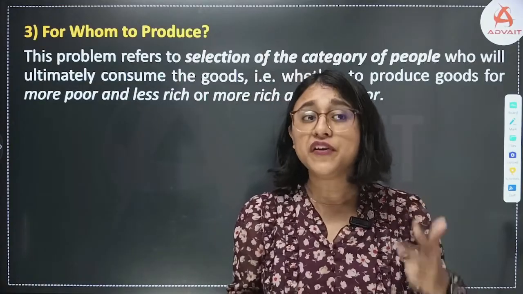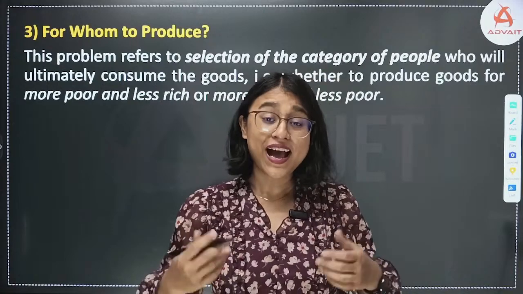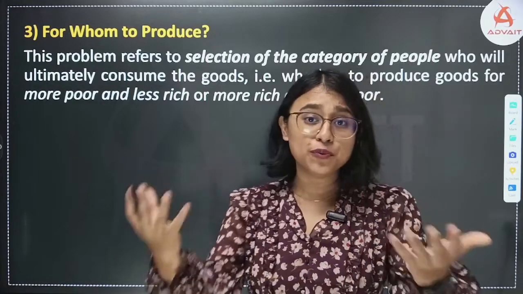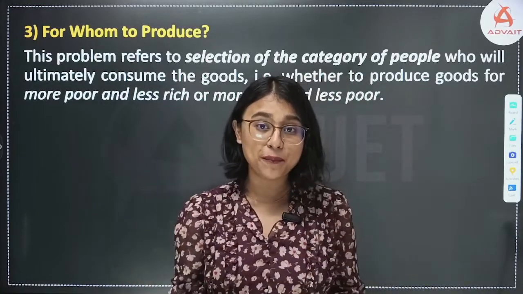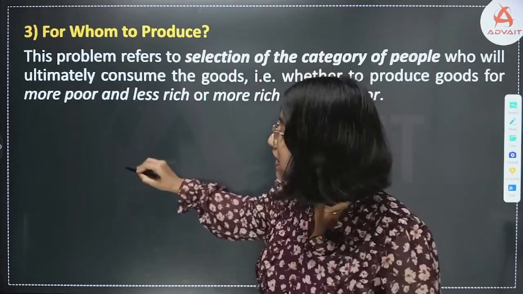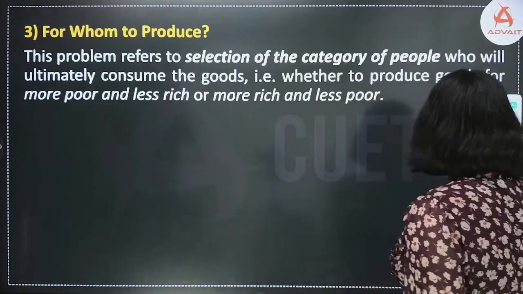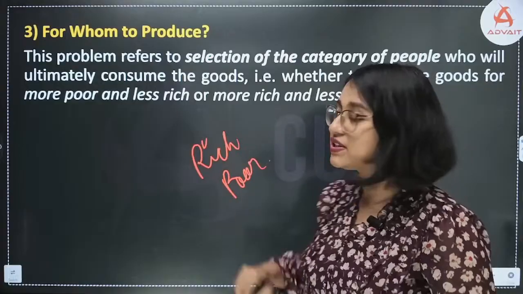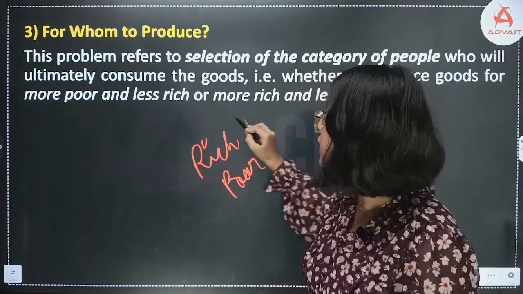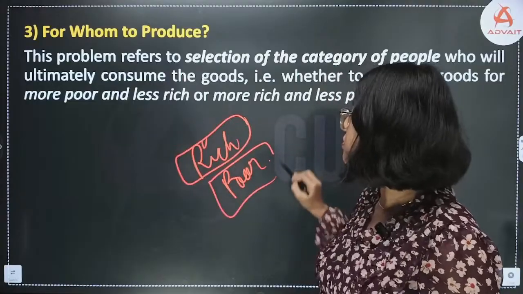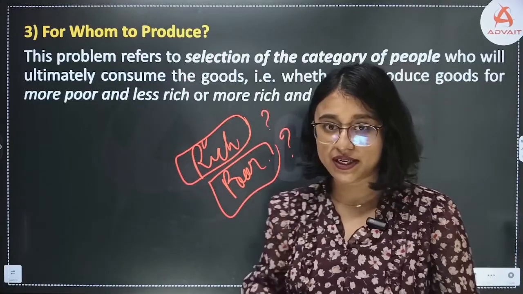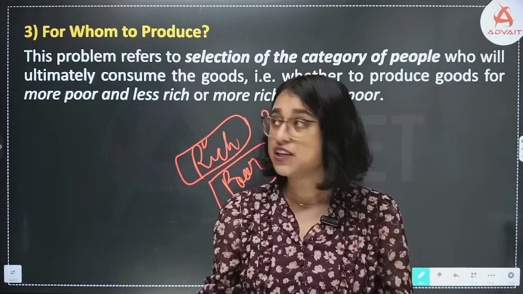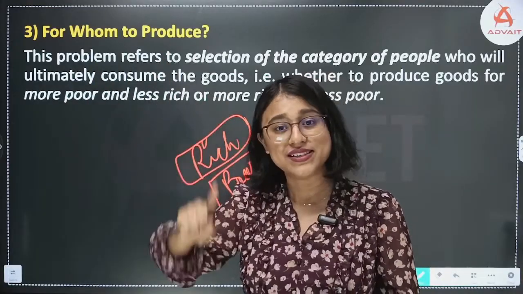Okay. Now, once we determine what type of good to be produced using what techniques of production, the third problem revolves around for whom to produce. আমি কার কারণে বস্তুটো produce করিম. There can be different groups of people in the economy, and the whole groups of people can be divided into two categories, either rich or poor. Now, when we are producing a good, are we producing for the richer section of the society, or are we producing for the poorer section of the society? Buji paisa? That is the main problem which for whom to produce deals with.